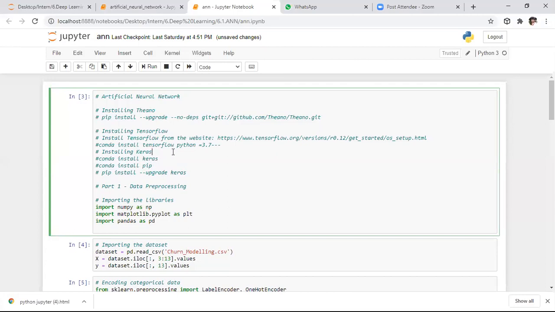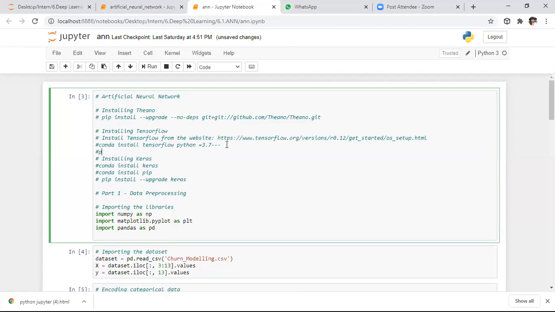If you want to install TensorFlow using the pip command, you can do that too. How to install it using pip? Pip install --upgrade tensorflow. So here we need to upgrade TensorFlow. This is the command to install TensorFlow in your laptop. These are the different ways to install TensorFlow as well as Keras. These two are the essential modules to work on deep learning concepts.